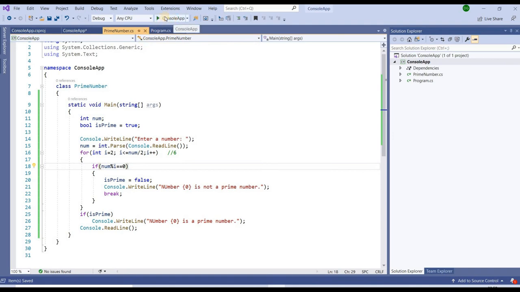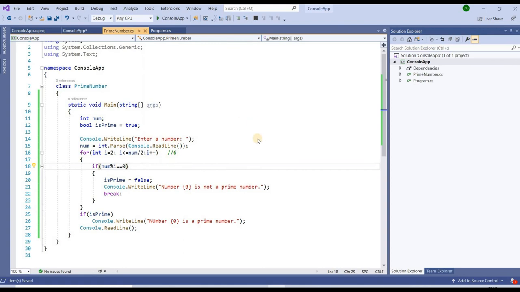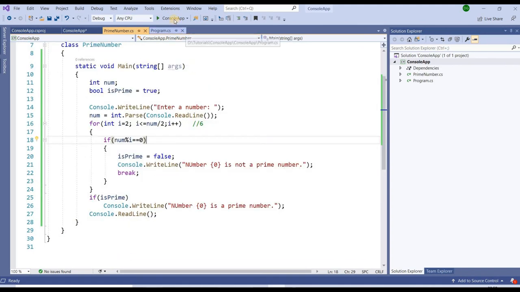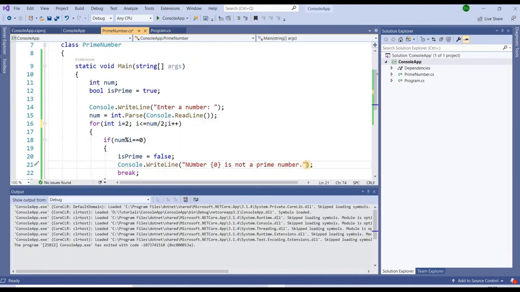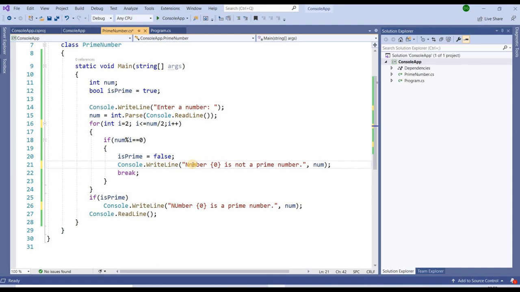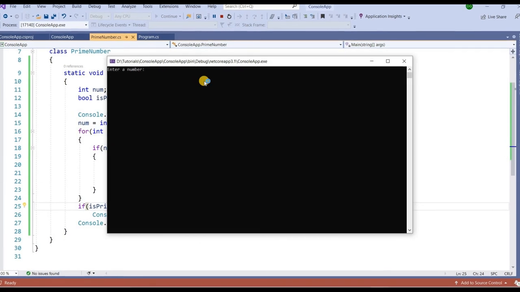So I'm going to run this program. If you are not able to see this program clearly, I'm going to increase the font size. I hope this is now visible for you. I missed one line here. Here num, the same thing I need to do, because I want to print out this num in this 0. Now I'm going to run it again.